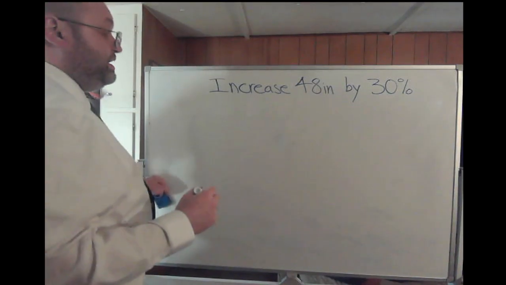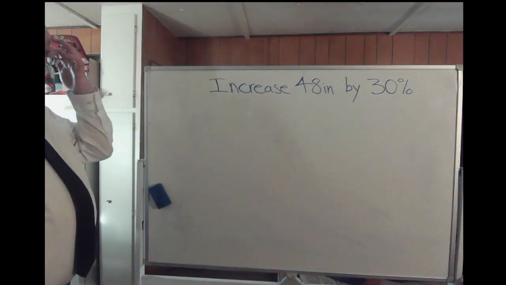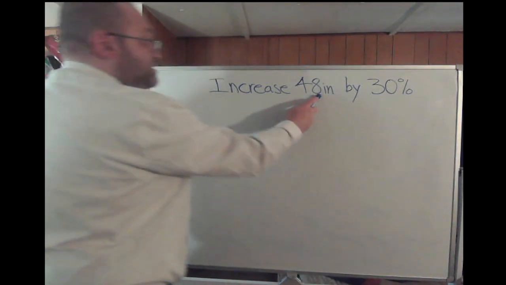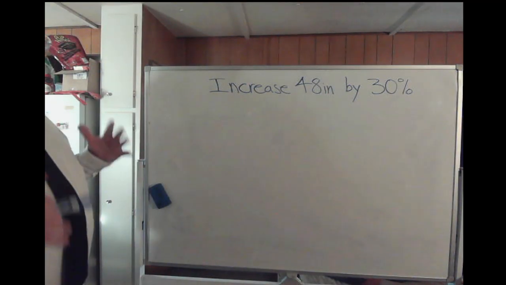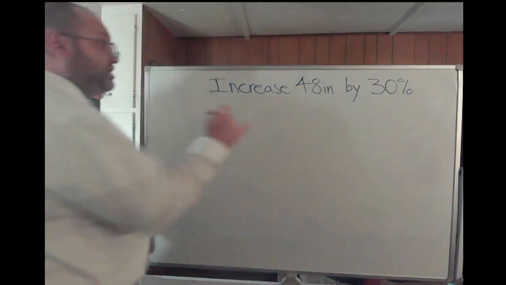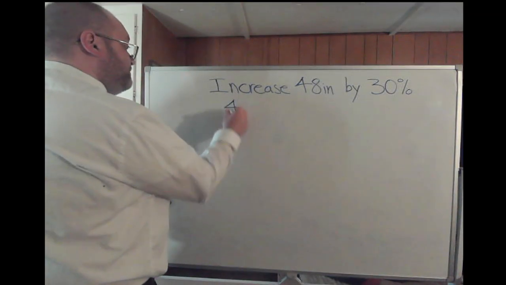So let's say you have a child at home. They're 48 inches tall, but over the summer they grew 30%. They finally hit a growth spurt. They've grown by 30%. So what you're going to do is you're going to take that original amount, that 48 inches,